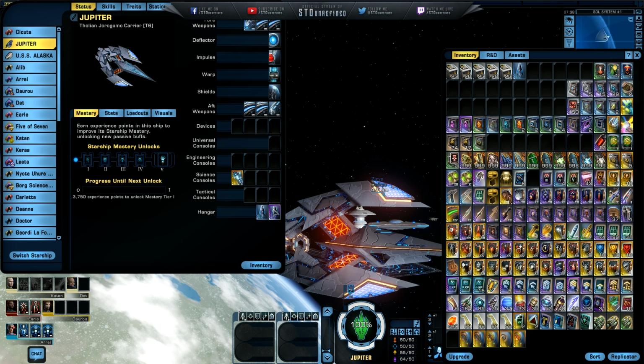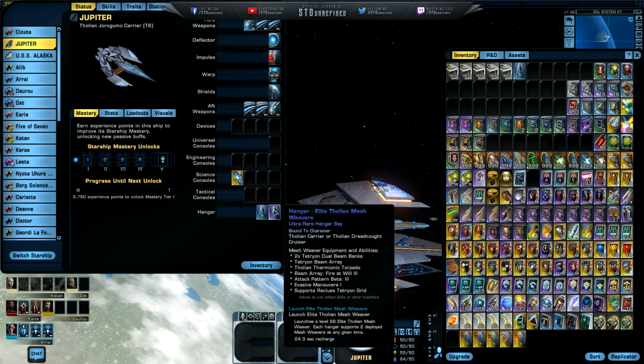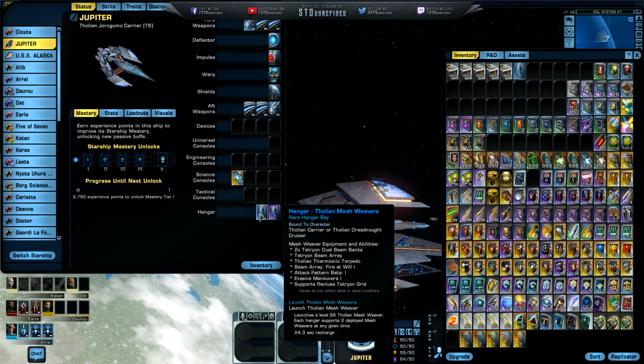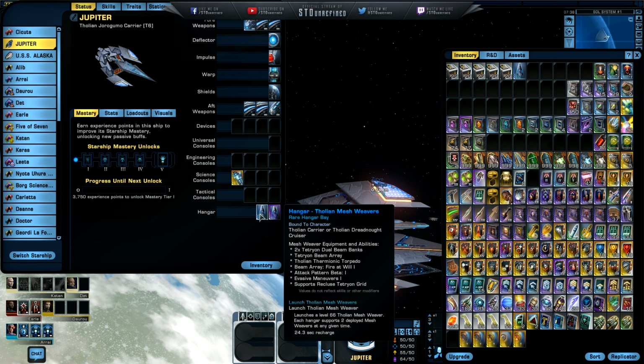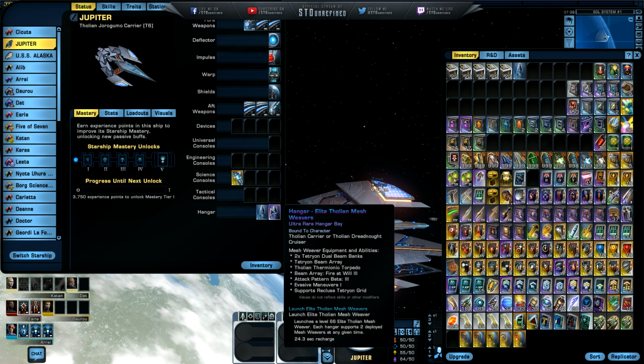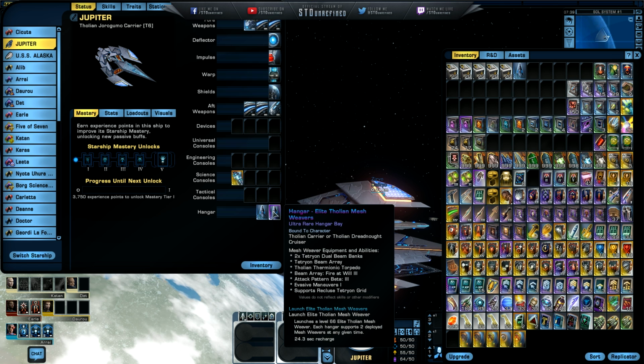I mean, here I have the Elite Tholian Mesh Weavers. Now, these are the ones that you can obtain from the fleet store. Now, the ones that come standard with this ship as equipped are just the normal ones that you can buy with EC. Now, there are other ones as well that you can buy that are a little bit better than these from the Dilithium store. But if you are really a carrier fanatic, just like I am, I would definitely recommend grabbing the elite versions. So if I go over to these things and move about to them, basically nothing has changed. Just the upgraded